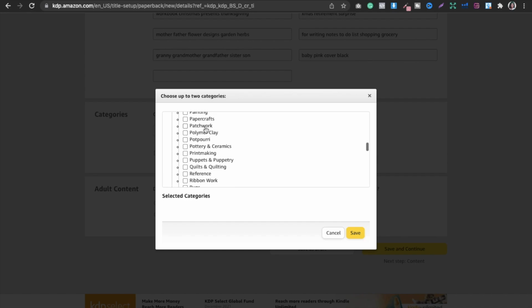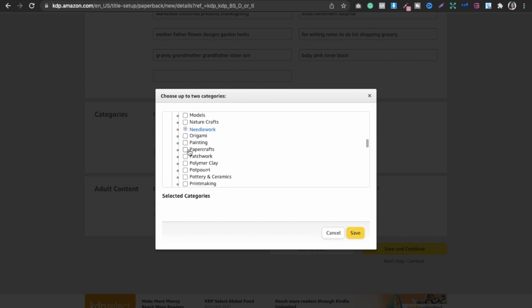You have to choose only the relevant one, so you can choose the paper crafts, maybe, not sure about it, but you have to just give it some time and use your brain and pick the relevant two categories from here. You can also pick this one, that is gardening. So in that case you can pick, for example,